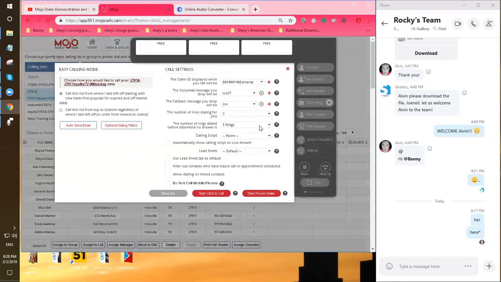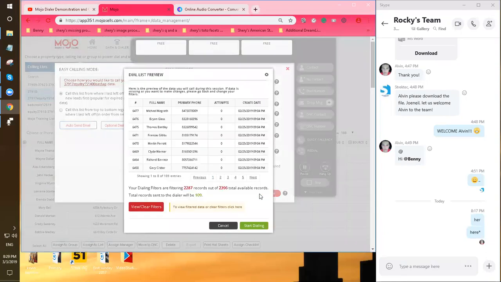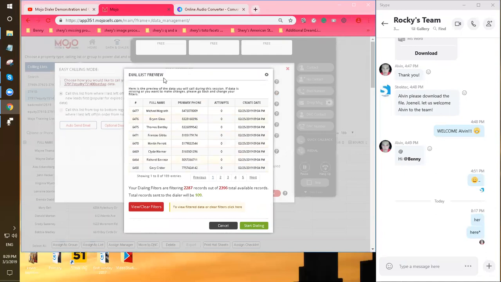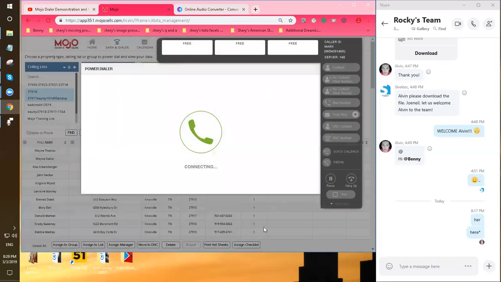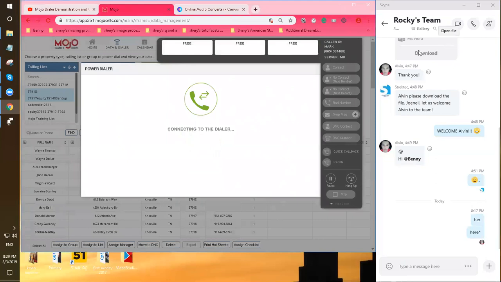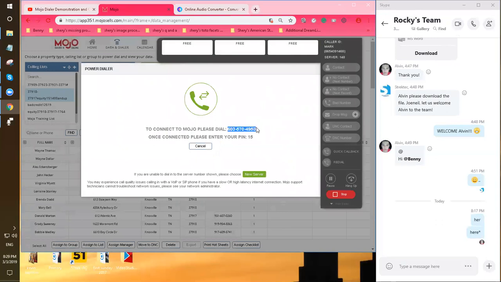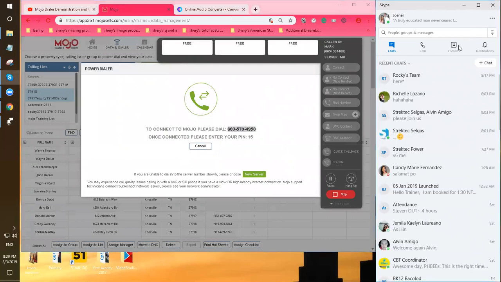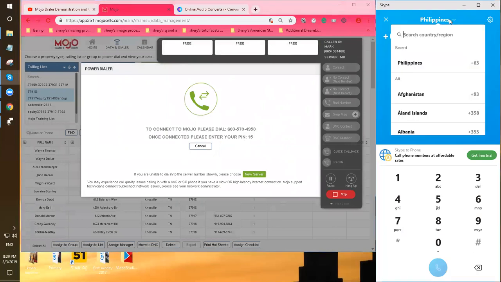Once it's good, you click on Start Power Dialer, and then there you go. These are the information. No need really to do anything. Once you see it's good, start dialing. Once you click on Start Dialing, there you go. This number, because this is not a premium account, make sure you always choose